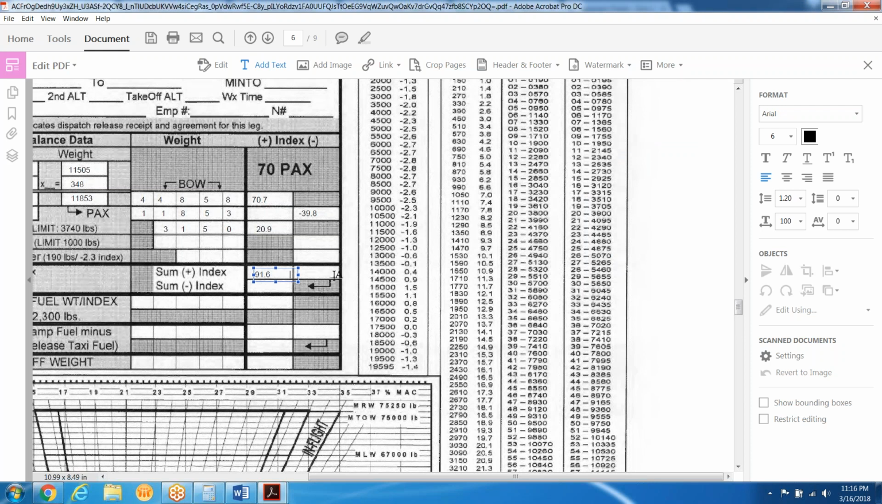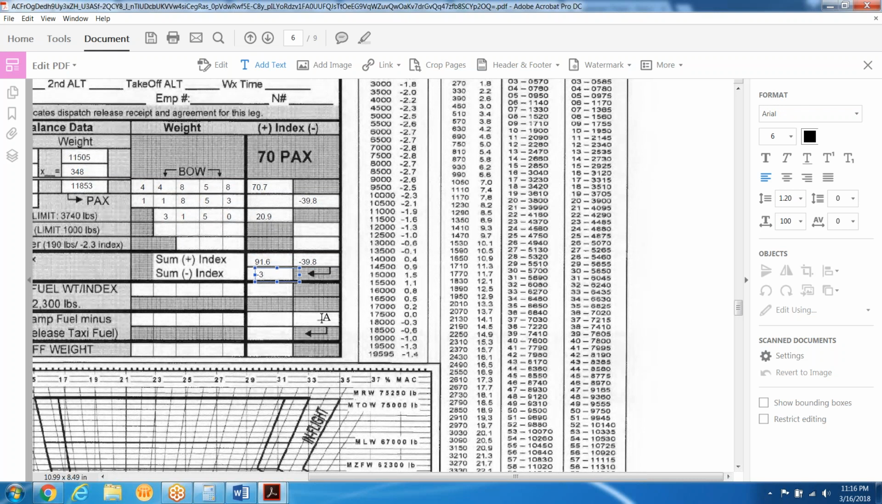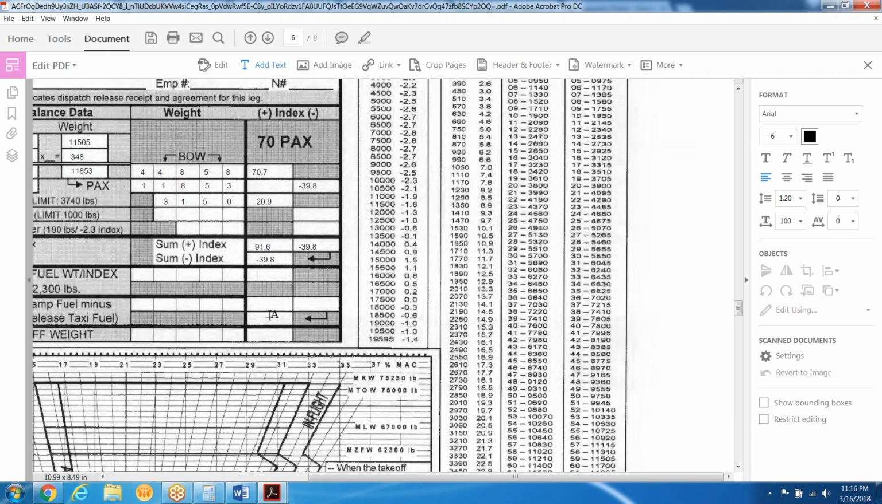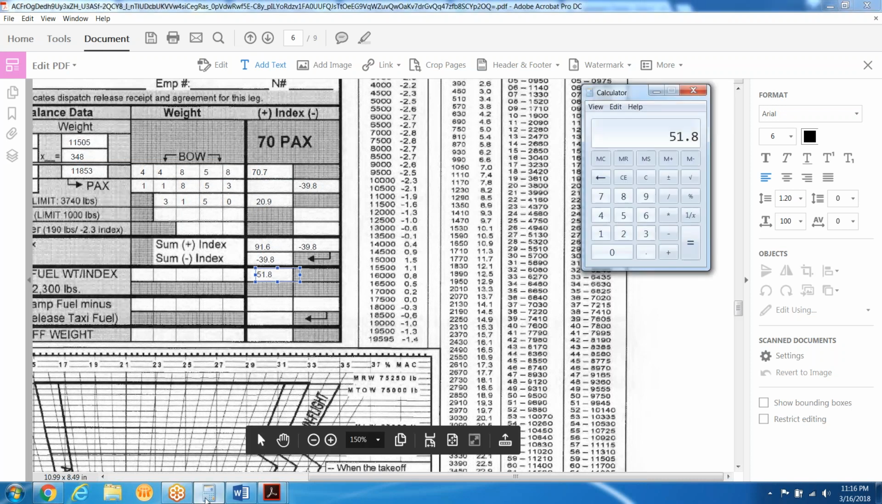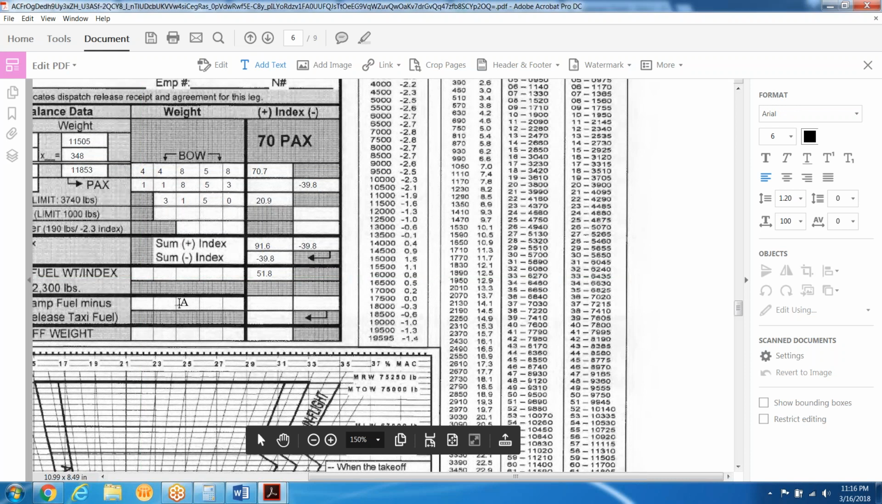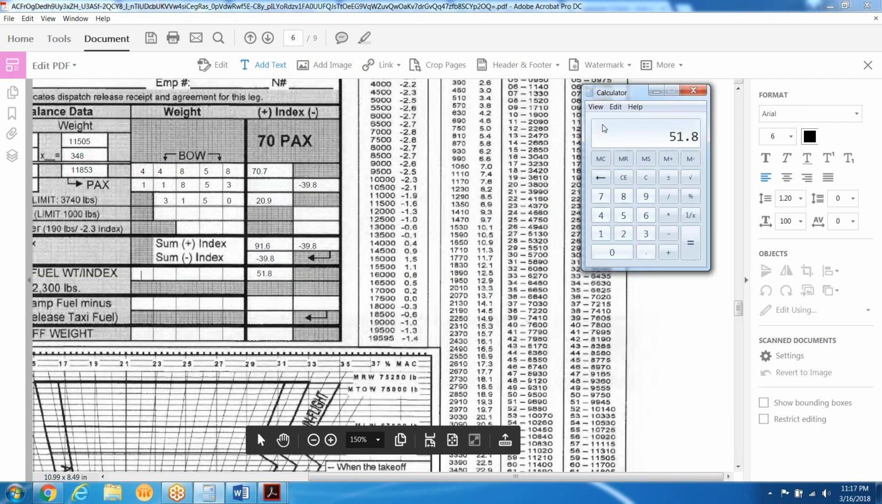Then this one's just being carried down, negative 39.8. Carry it right there, negative 39.8, and I'll put it right there. So that ends up with a 51.8 on the overall index. And the overall zero fuel weight is